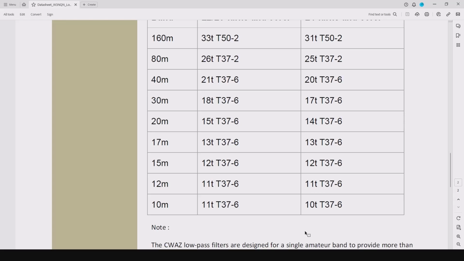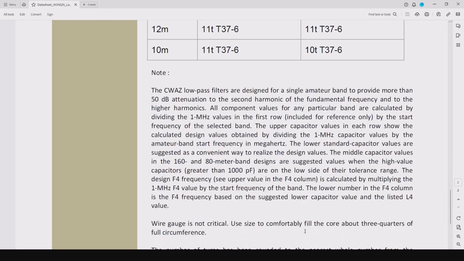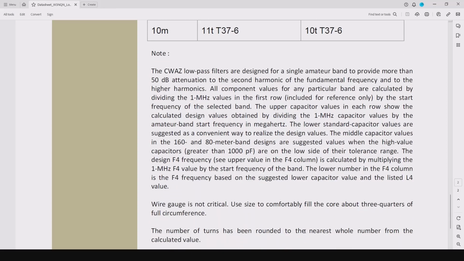T50 is the circumference, I think, or the diameter. And I think that's in hundredths of an inch. So that's like 0.5, so it's a half inch, whereas the other one's like 0.37 inches wide. And then the -2 and the -6 is the material it's made out of. But this is actually up there. And we're going to use this when we actually start talking about